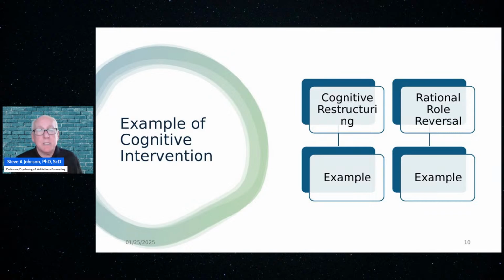Another one that I just love doing and can be very, very helpful, not only as an intervention, but also as a diagnostic tool, is called rational role reversal. We don't do this initially. This is after we get to know the client a little bit. We know some of their beliefs and how they justify their beliefs and hold on to dysfunctional beliefs, that kind of thing, right? And so in the rational role reversal, we will explain that what we're doing is I, the therapist, will assume the role of the client when the client is engaging in the most unhelpful thinking that they may engage in sometimes. And we say to the client, we want you to be your most rational self, your most helpful self to yourself, okay?